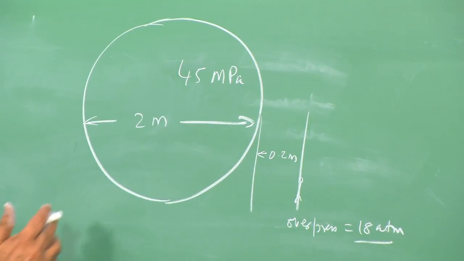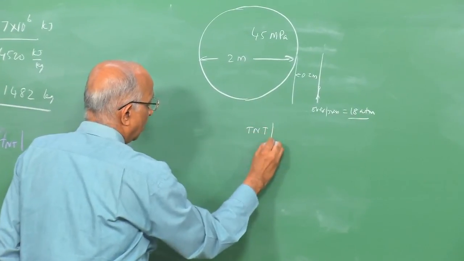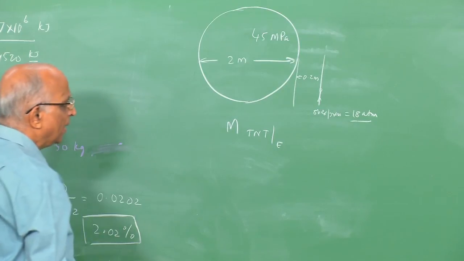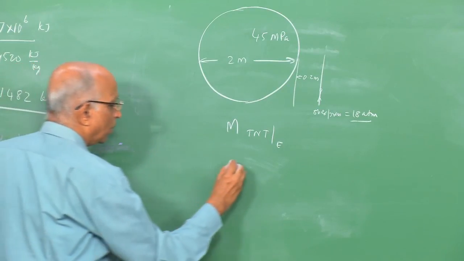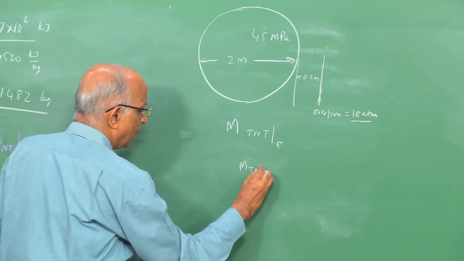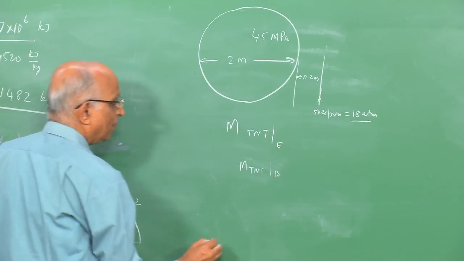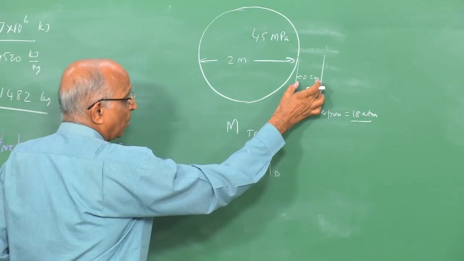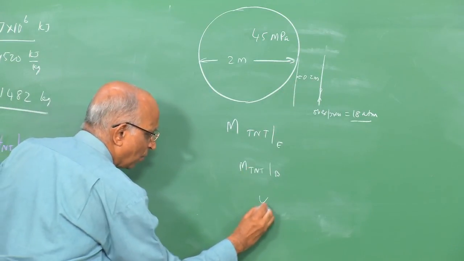I want to calculate the TNT equivalence, the mass of TNT equivalent based on the energy basis, and also I want to find out the mass of TNT based on the blast basis, because I know the overpressure is 18 atmospheres at a distance 0.2 meters away,